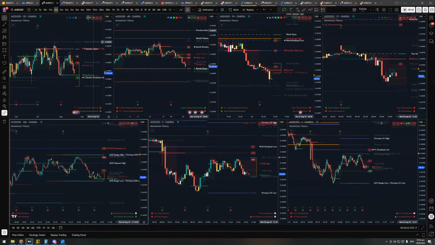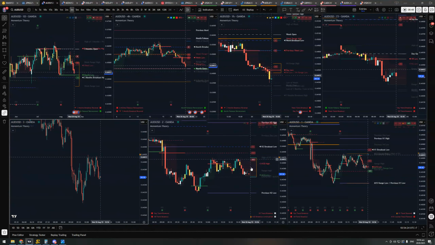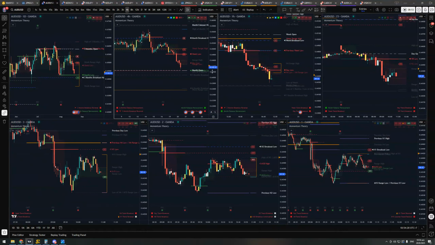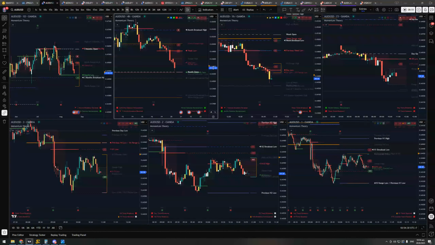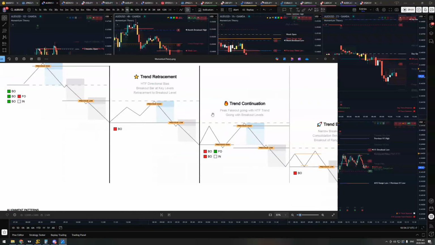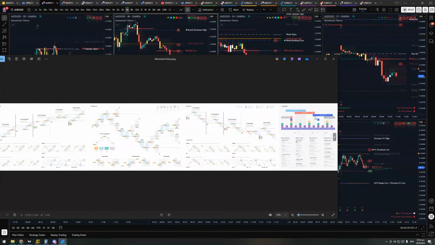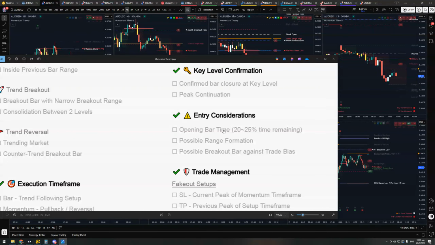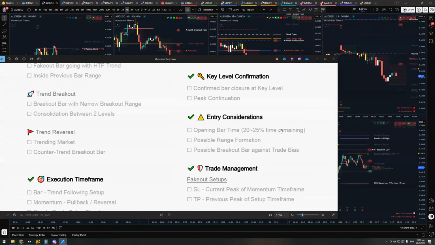Don't need to look at the 30 seconds at the moment anymore because it has not triggered. Don't want to get confused by that. And something else I need to consider is that the H4 is about to close in 1 hour. So in the momentum theory chart at the right here is my trading process. One of my entry considerations is the opening bar time. If there's 20 to 25% of the time of the bar remaining, then I have to be a little bit